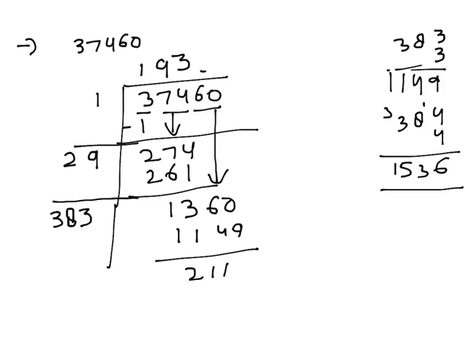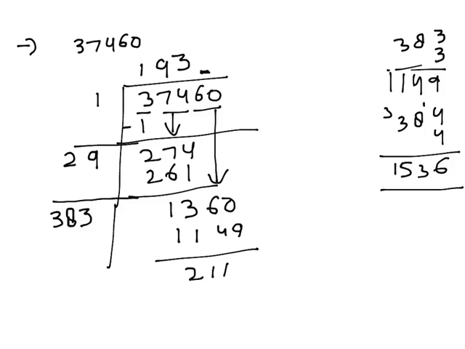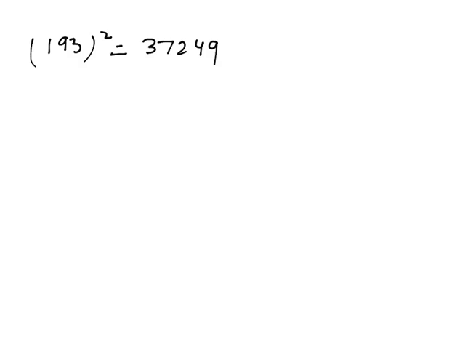So now the next step is we have to find out the square of 193. That is the number that we obtain over here. So square of 193 will be 37249, and that is less than the given number, that is